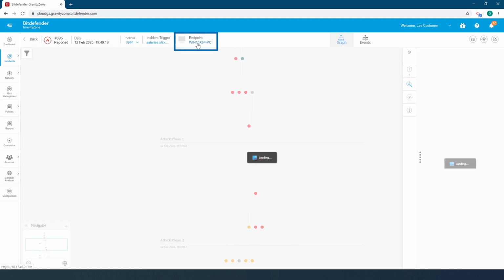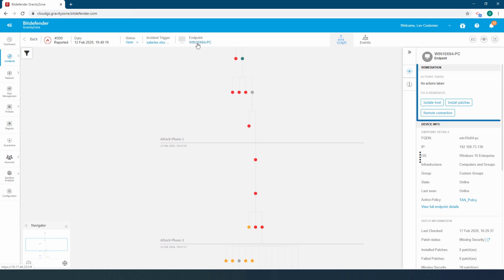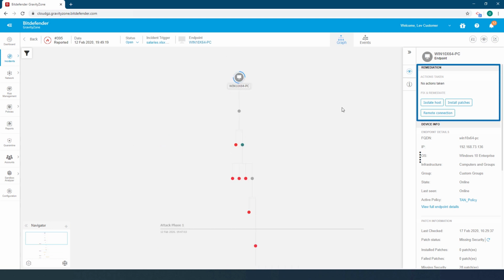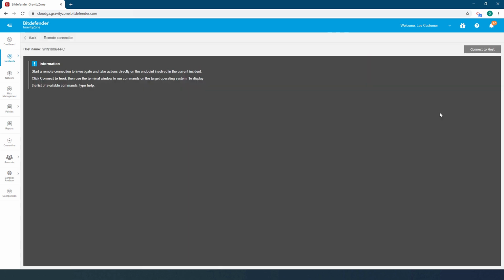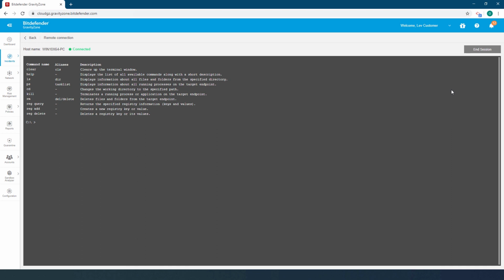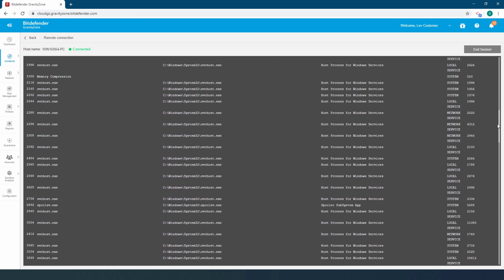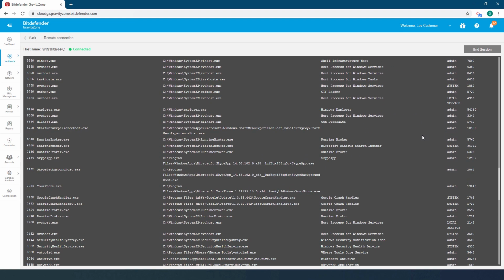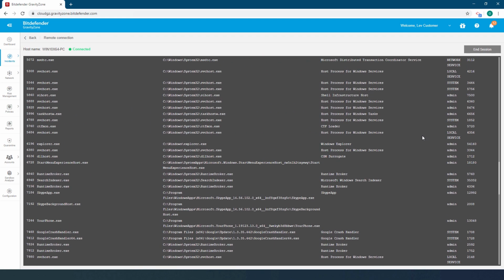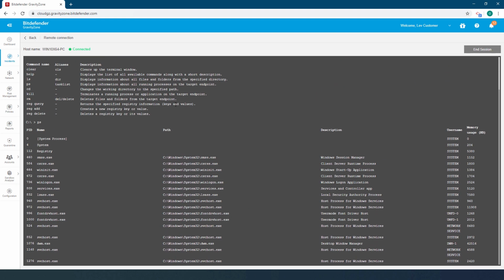If we click on the endpoint, on the right pane, we see the remediation actions we can take. We can do a remote connection session and connect to the host. And we have a few commands that can help us understand if the attack is still unfolding, if the malicious processes are still running. And also we have some commands that can help us kill and stop the attack from unfolding on the system and thus stopping it from unfolding on other endpoints within the network. For example, we can see all the running processes on the target endpoint, we can terminate running processes, and so